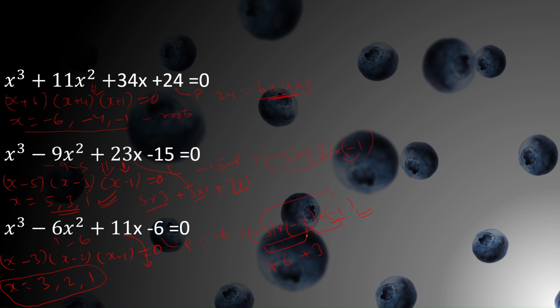Obviously we can verify the third term. 3 into 2 is 6, and then 3 into 1 is 3, and then 2 into 1 is 2. 6 plus 3 is 9, 9 plus 2 is 11. It's satisfying. So this is the quickest method. Students, if you are in any competitive exam,